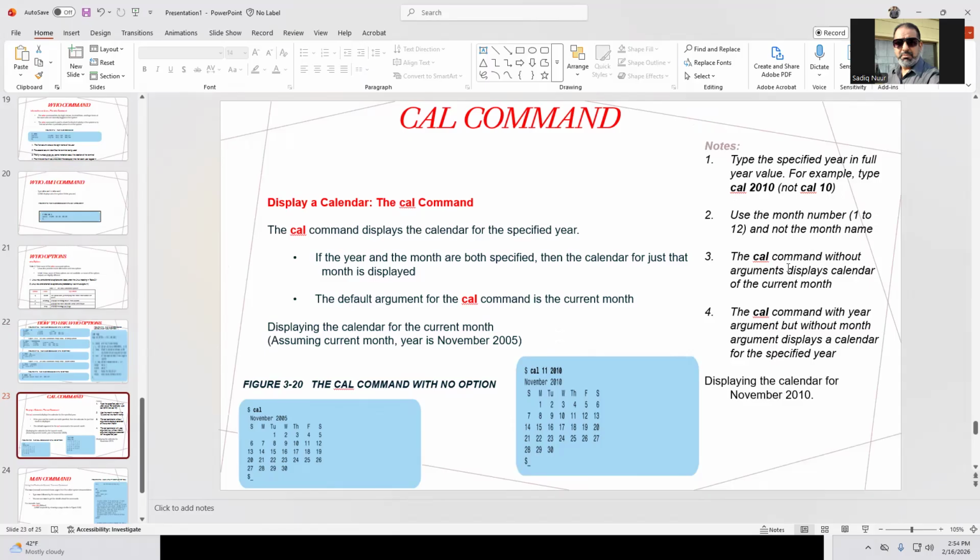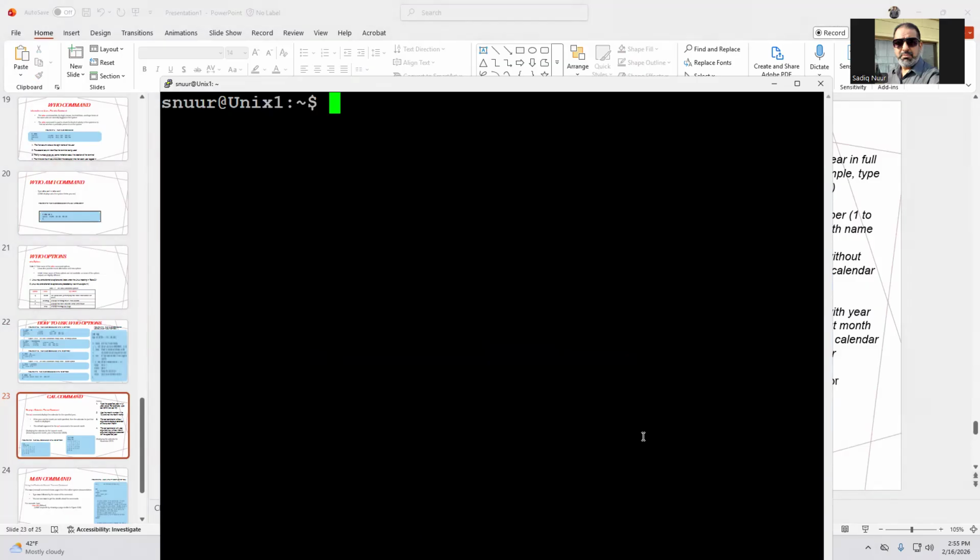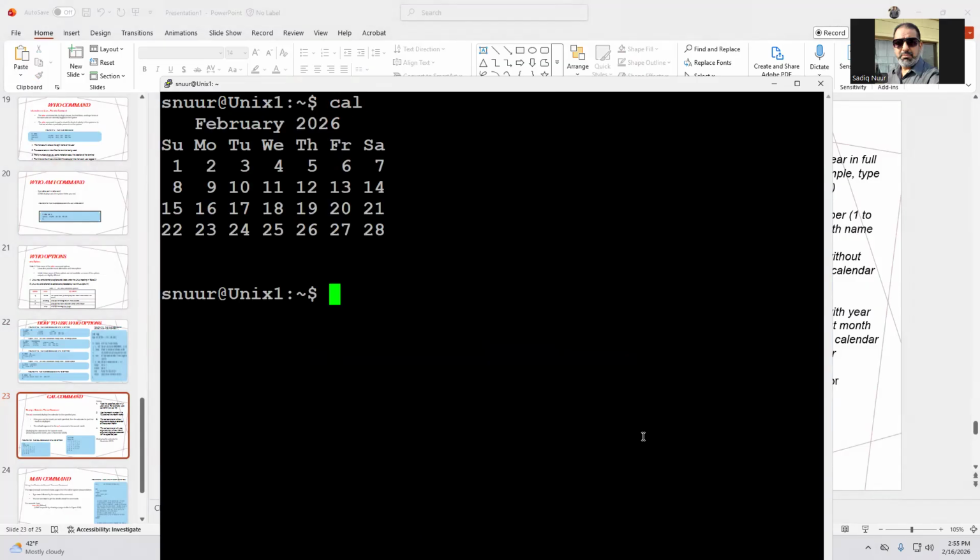The cal command without the argument displays the calendar of the current month. The cal command with the year argument but without the month argument displays the calendar for the specified year. For example, to display the calendar for November 2010, you will say cal 11 2010 here, right? So let me show you. First, by default, if you say cal, it's going to show you the current month calendar. Now, if you say cal